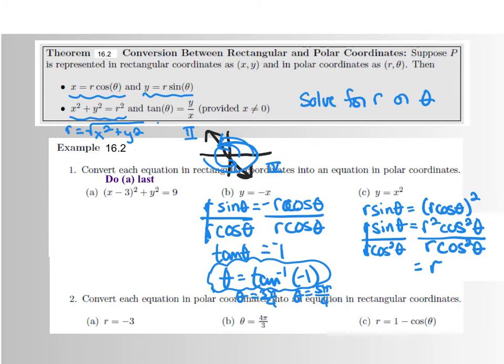Now, I need you to reach your brains all the way back to Unit 13. This is a trig identity. Sine over cosine theta is tangent theta, which leaves 1 cosine on the bottom. So 1 over cosine theta is secant theta. It's a trig identity. So the first one was in terms of theta, and now this one's in terms of r. What the heck? So I'm going to have you pause and grab your graphing calculator,